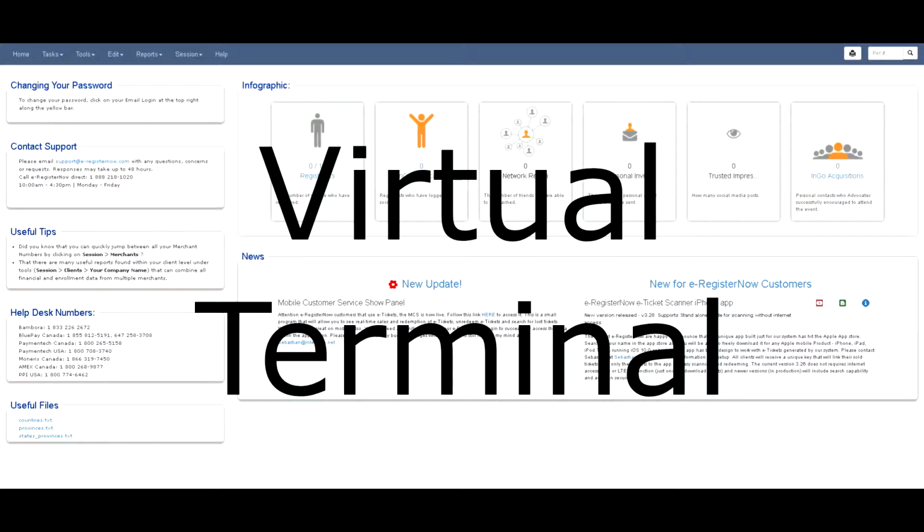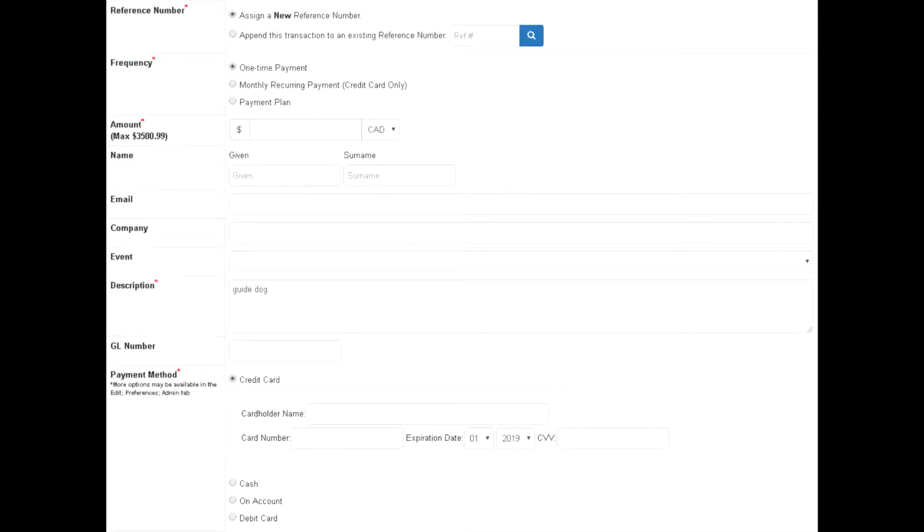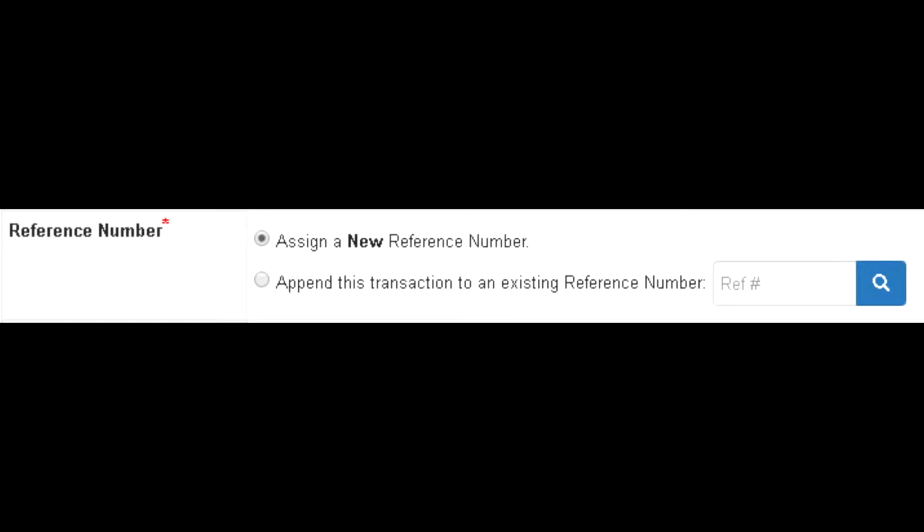The virtual terminal handles making miscellaneous transactions not associated with event enrollment. However, it can be used to make partial payments toward an event's registration costs. The main roles of the virtual terminal are: 1. To process miscellaneous payments to new and existing registrants,